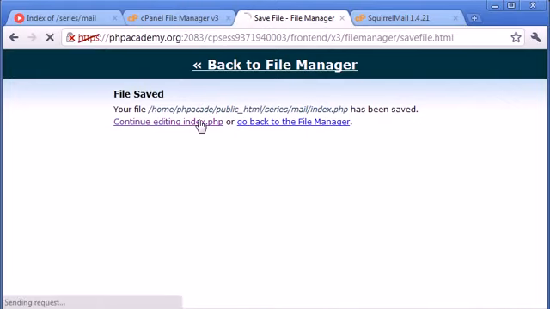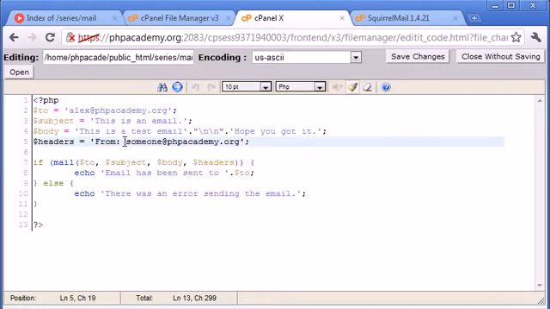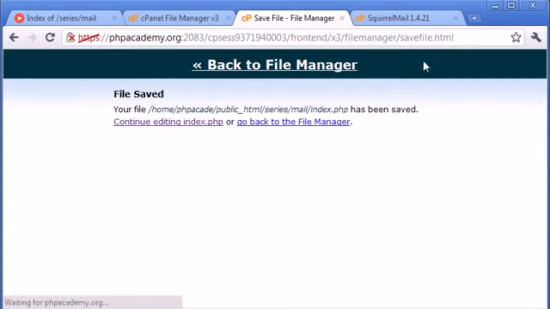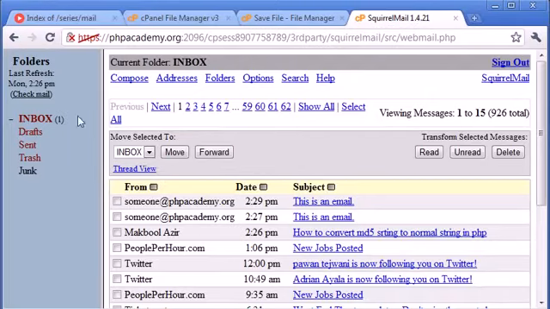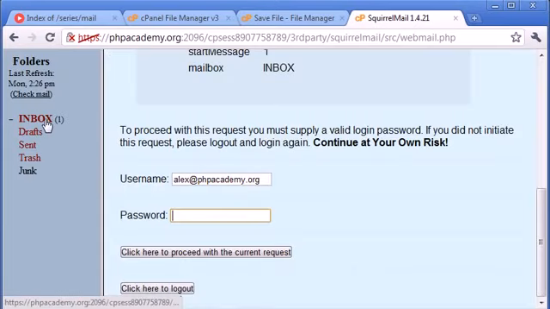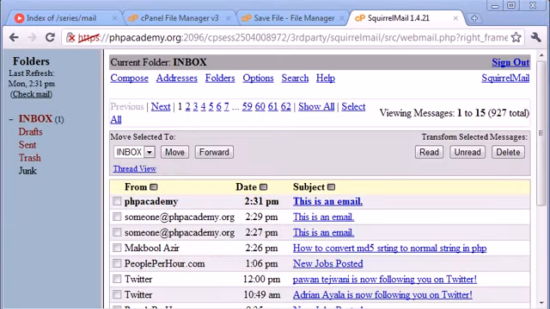We need to come into this page and we simply need to say from PHP Academy, and then in a less than and then a greater than sign we put the email address. So let's save the changes there. Let's go back and refresh our page so we resend the email back to the Squirrel Mail email client, and you can now see, oh, we need to log in again. Okay, so I've logged back in and you can see that the email is from PHP Academy this time